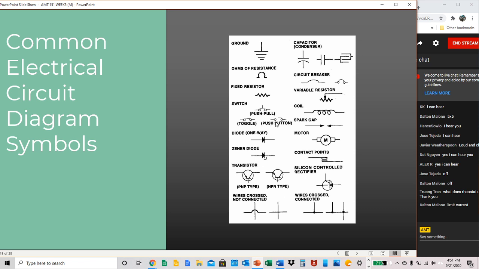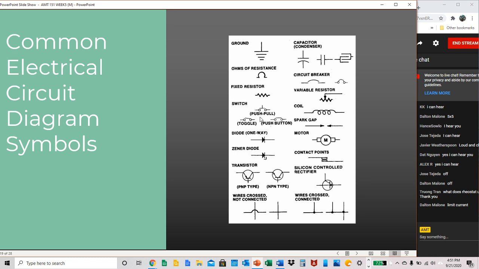And then same thing with a push button circuit. So push button circuit would be, you know, like an elevator button, like you're just going up and pushing it. Push pull circuit would be you can push it in, and you can also pull it out the other direction. Okay, so that's the difference between those,